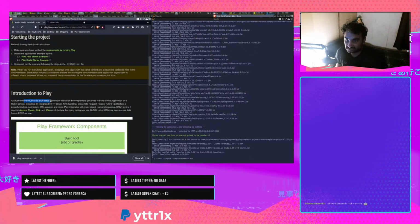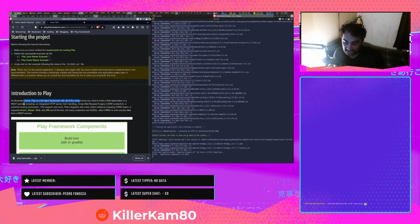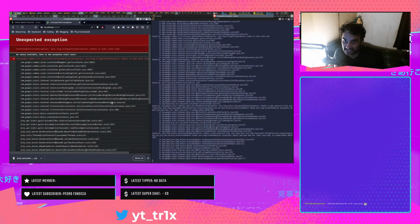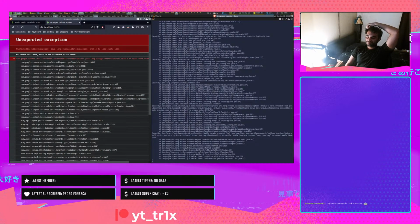Introduction to Play. As illustrated below, Play is a full stack framework with all of the components you need to build a web application or a REST service, including an integrated HTTP server. Interesting. Unable to load cache item. Interesting. That output is very nice though. It kind of reminds me of Django, where it gives you output that something's been broken, but it's very nice that it actually gives you feedback. Nice. Anyway,